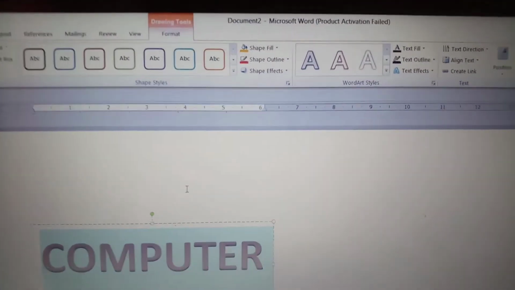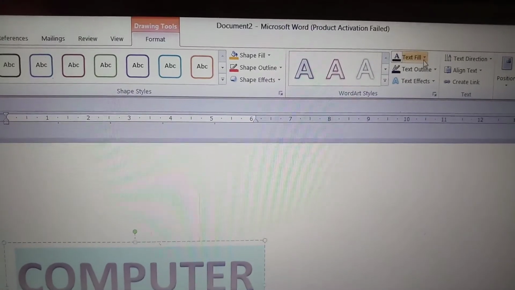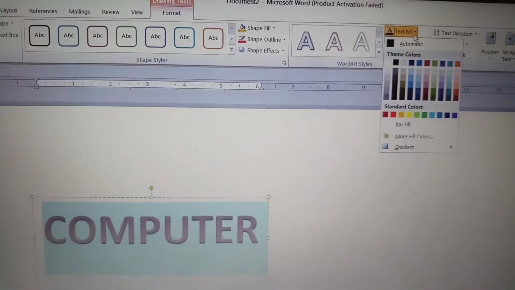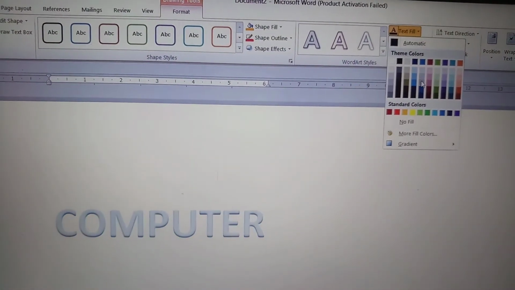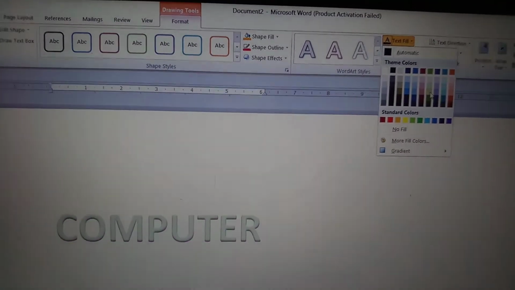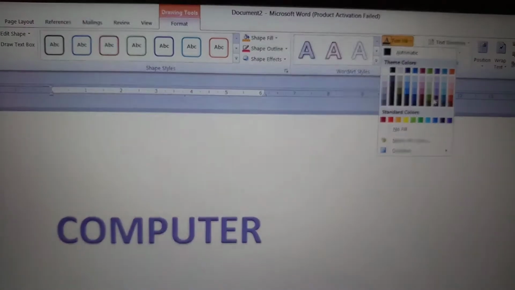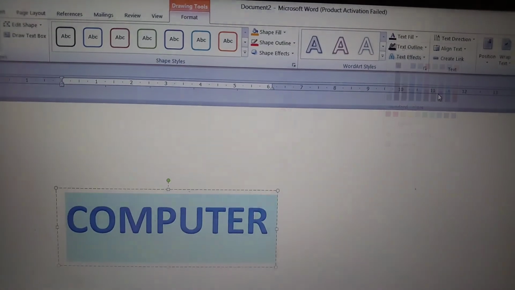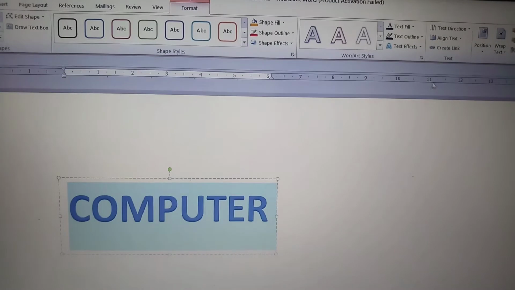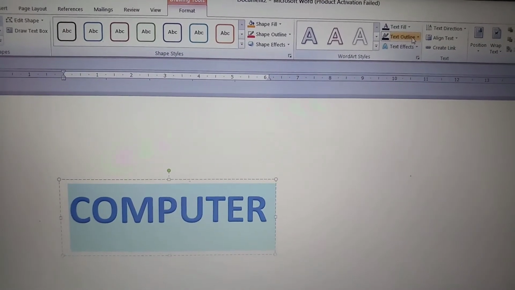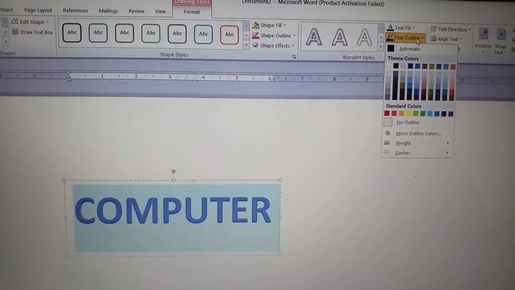and after it go to the text fill option and choose the color for it. So the color will change of this word art text. You can choose the text outline color by selecting the text outline option.